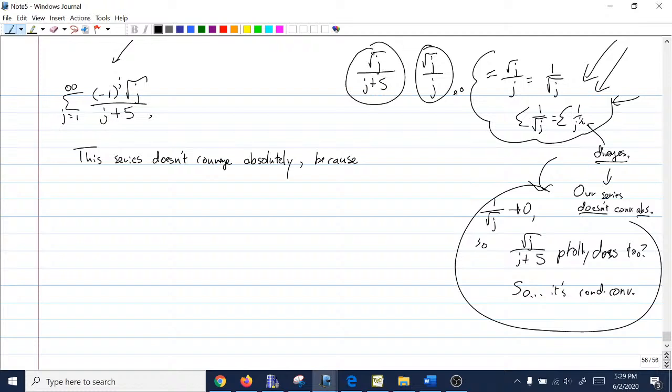So if I want to show this diverges, I'm hoping it's bigger than that. To make the fraction bigger, I want to make the denominator smaller. Throwing away the 5 does make the denominator smaller. If that was the wrong direction, I would change the 5 to a 5j. You can kind of get it both directions. This is kind of what I mean when I say that